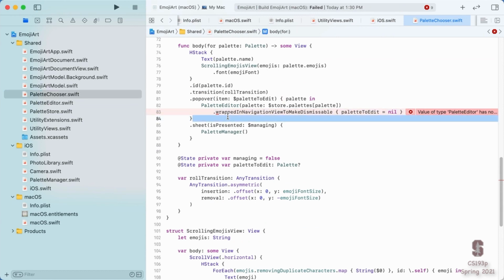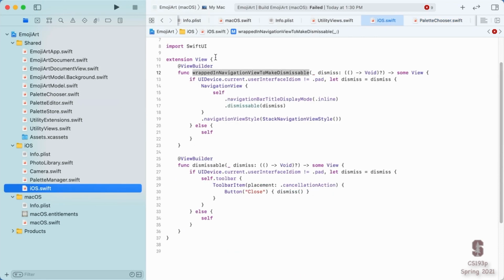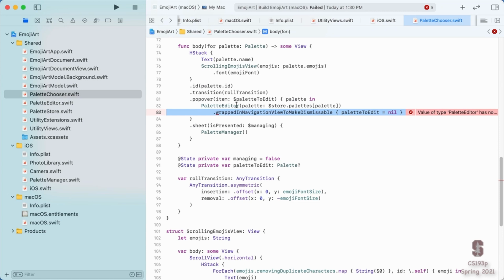So now this is clearly not going to work on the Mac because we made this function be only in iOS. But there's no reason we can't have a version of this on the Mac that just does nothing, right? And when you have a view modifier function like thing, especially here, it's really easy to do nothing.